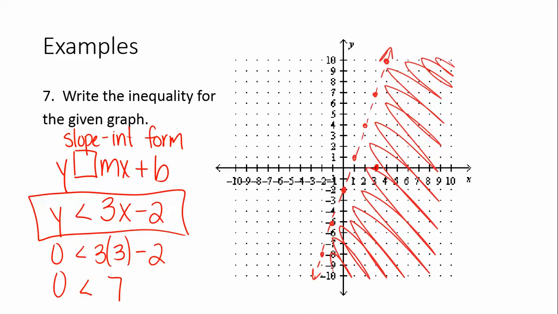I was stuck on picking 0, 0 because that's what I picked for so long. But here I picked a point in the shaded region because I know that I need that to be true. So plugging in the 3, 0, when I solve the right-hand side, I get positive 7, and I need 0 to be less than 7. I need this to be true, so again,